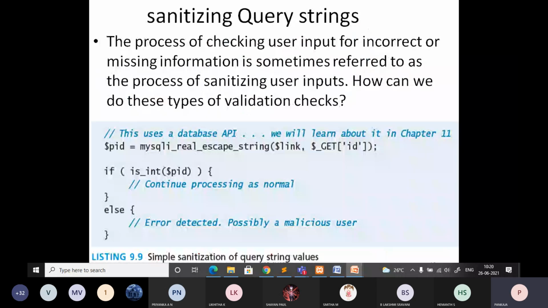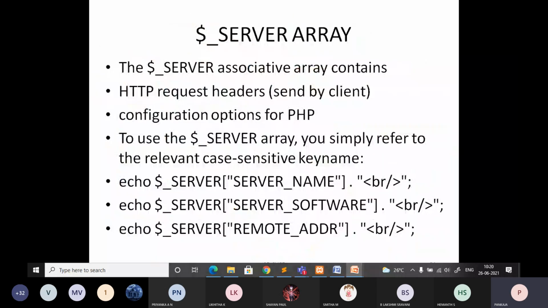So the server array. What information does this array contain? $_SERVER is an associative array. What is the meaning of associative array here? Can somebody tell quickly? Or you tell me generally what is an associative array?